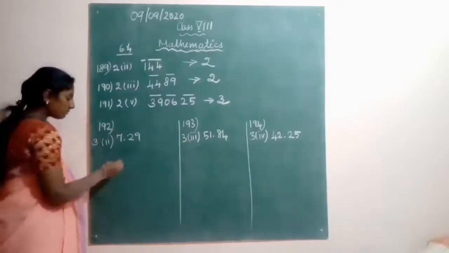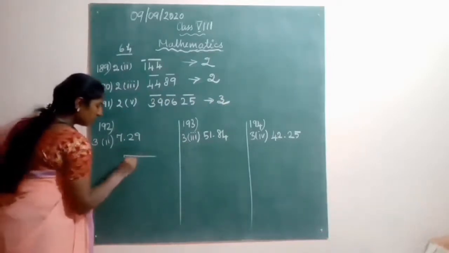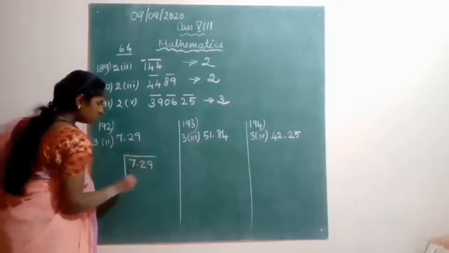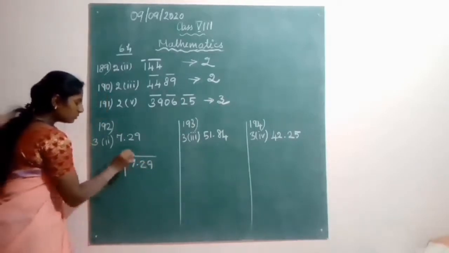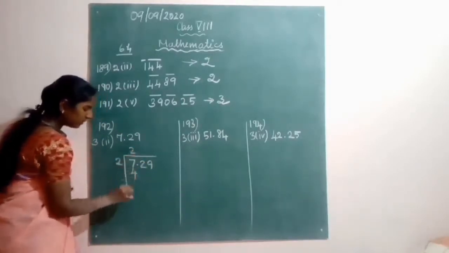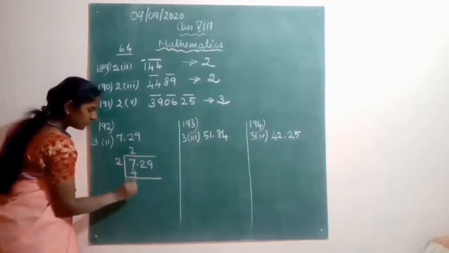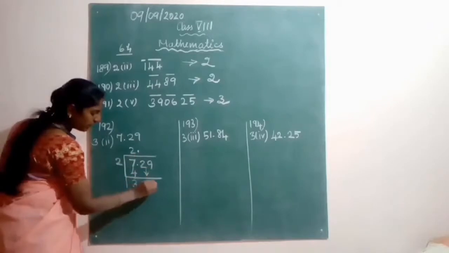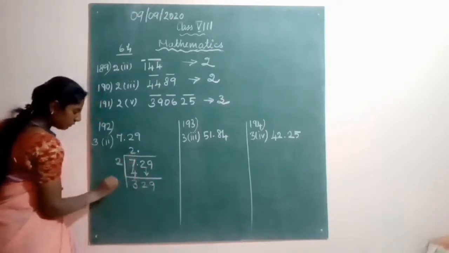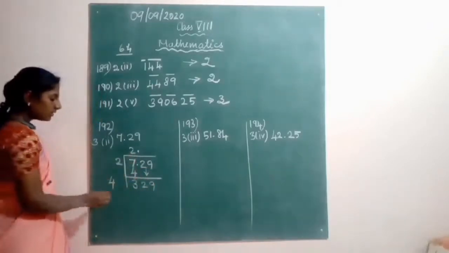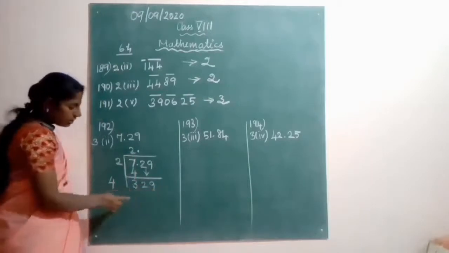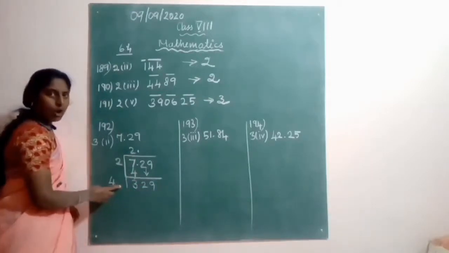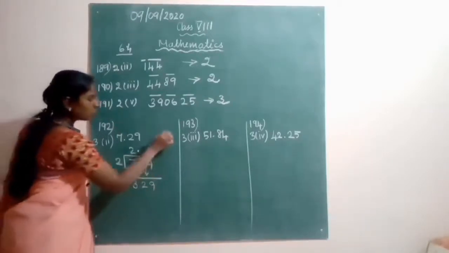Okay, so remember long division. Here 2 2s are 4. Okay, so what is left out? 3 is left out. Now keep the decimal point and bring down 29. Now here write 4. Okay, so here it is 9. So we have to write either 3 or 7 here. Okay, so check and see.